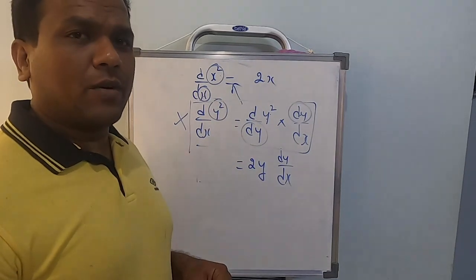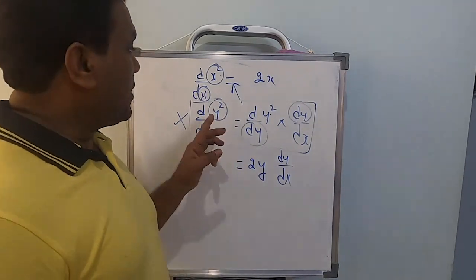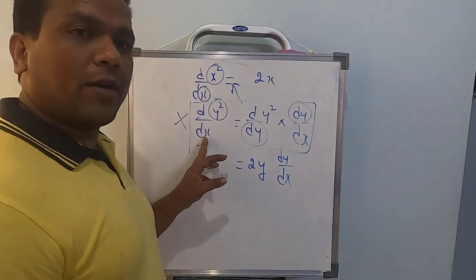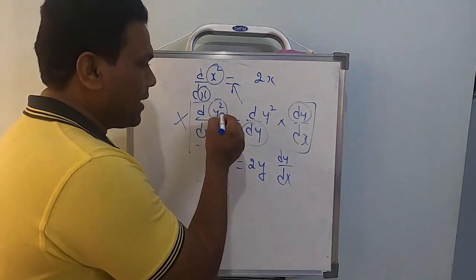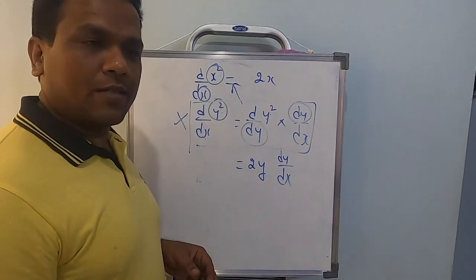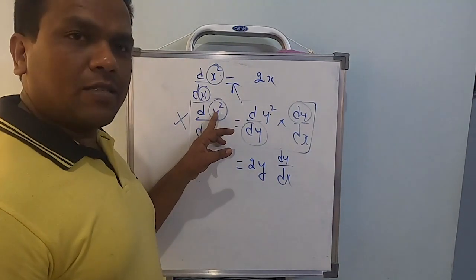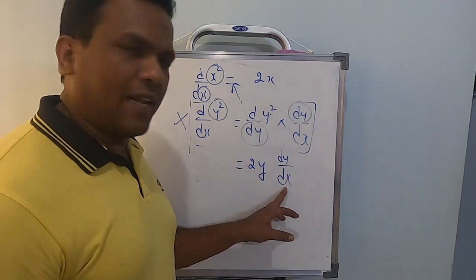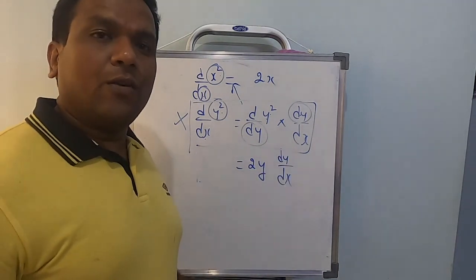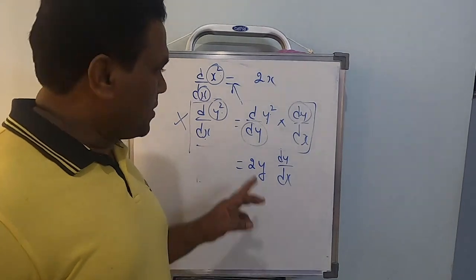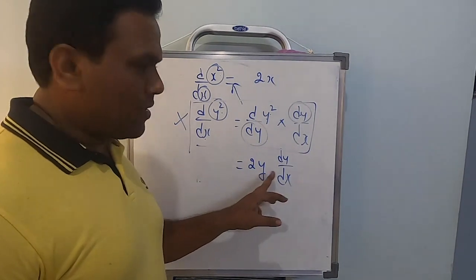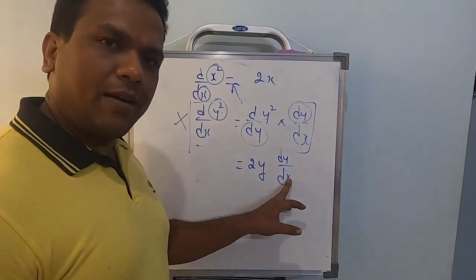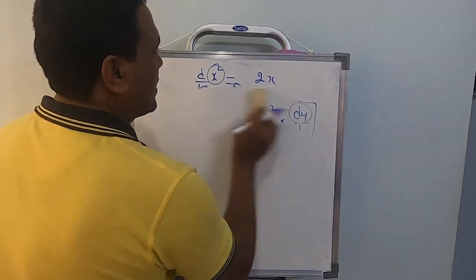Quite simple. If it's y square, it's just similar to x square differentiation. What is differentiation of x square? 2x. It's over. But if you are differentiating y square with respect to x, any term of y, whenever you differentiate with respect to x, its differentiation will be just similar to x square. So differentiation of y square will be 2y multiplied by dy by dx. A term of y, whenever you differentiate with respect to x, you differentiate just like the x term, but that should always be multiplied by dy by dx. I will show you one more example.